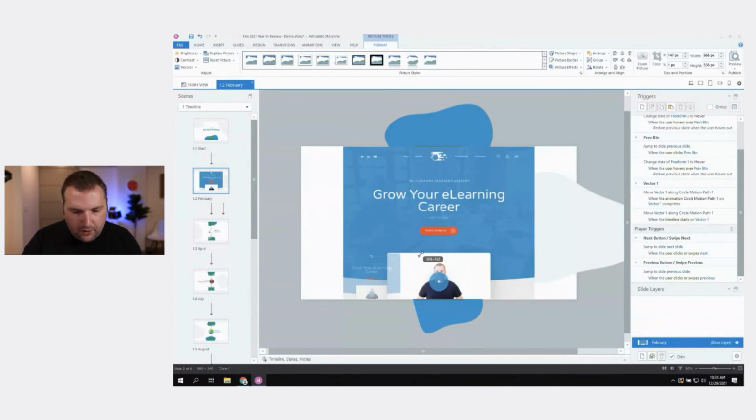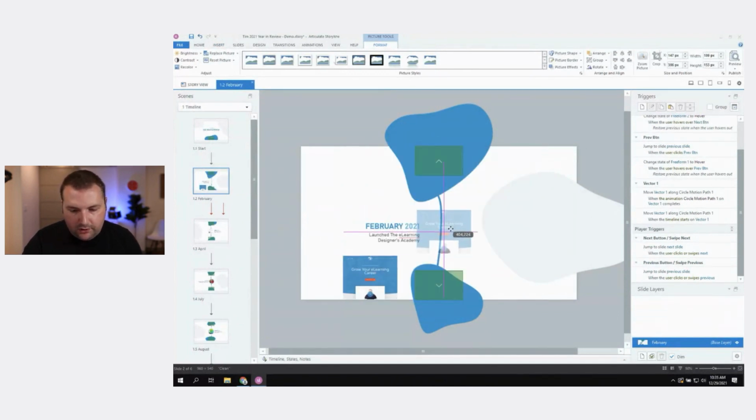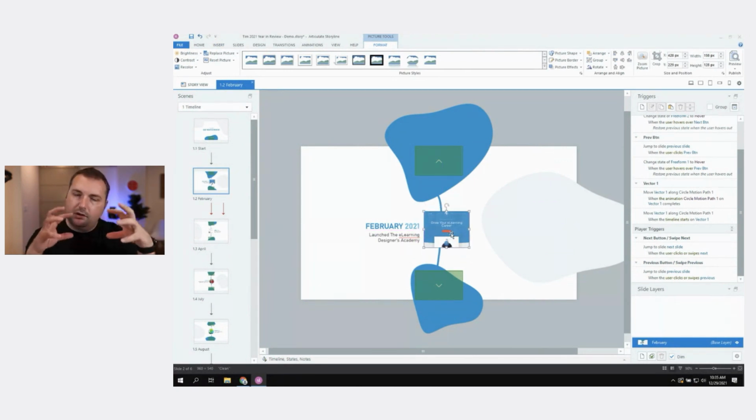For those of you who aren't familiar with the zoom picture feature, it's a really simple little feature in Storyline where if you have a small image, or a series of small images, you can create a gallery-like effect. If you have the image, you make it small and then go to the Format tab, you can do a zoom picture. If I click on this, it adds a little zoom icon to it that allows the learner to zoom in on the image. So if I preview the slide here,